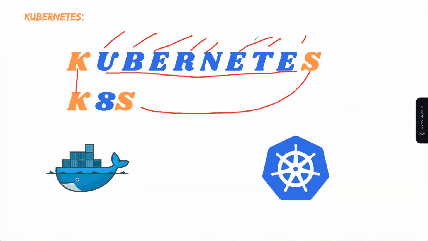Basically, the word Kubernetes comes from the Greek language. In Greek, the exact meaning of Kubernetes is helmsman. Helmsman means the person who drives the ship. Is it a ship steering or not, sir? All of you have watched Jack Sparrow movies. In that movie, Jack Sparrow used to rotate that wheel, right? Why did they rotate it? For direction and to control the ship. Here also I have Docker. Basically, if you observe, Docker is like a ship which is having containers, right? Docker is a ship which is having containers.